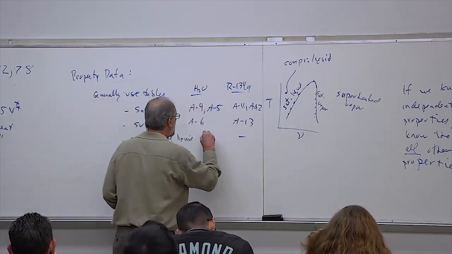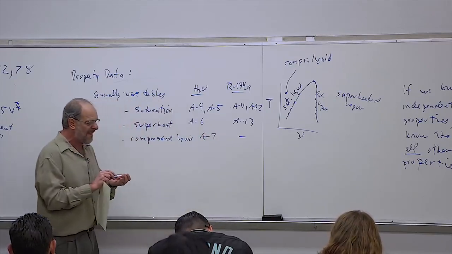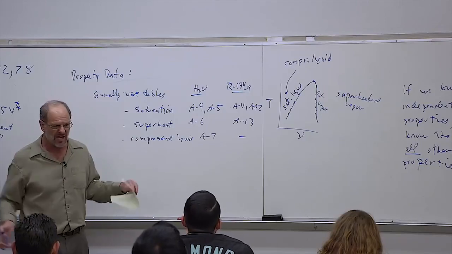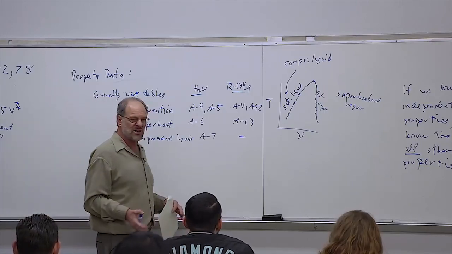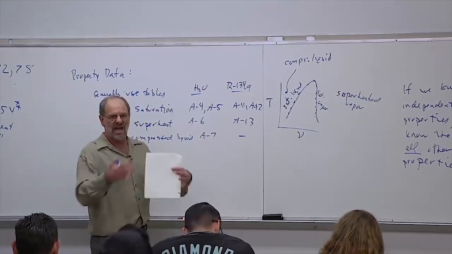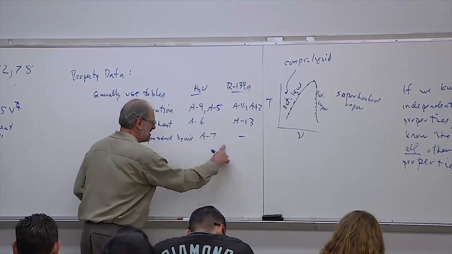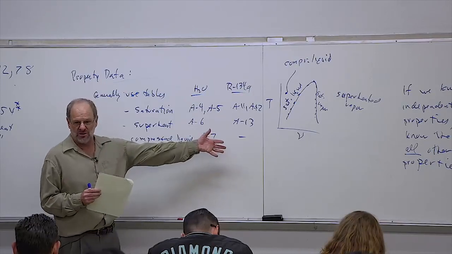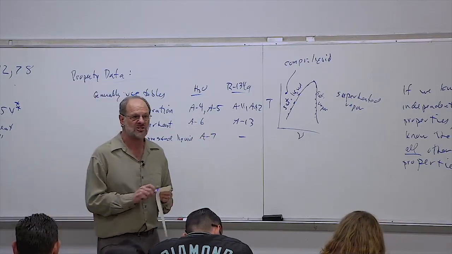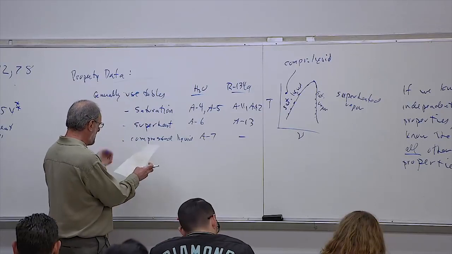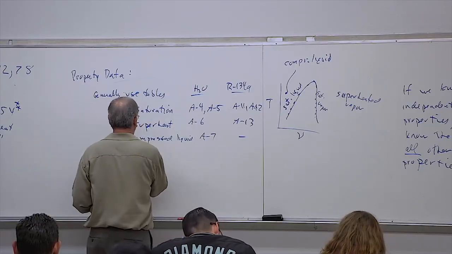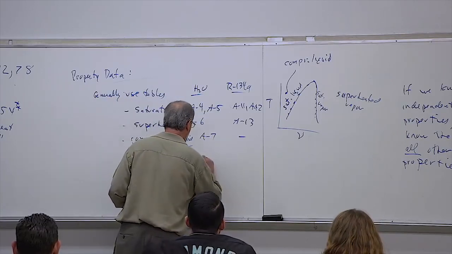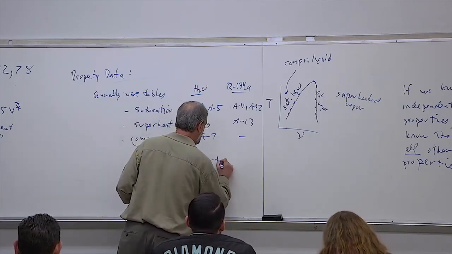And then for water, the data is in table A7, but the first entry, the lowest pressure in that table, is something like 50 times atmospheric pressure, which is a pressure so high that you're never even going to have a real problem that operates in the range of the data on table A7. So personally, I don't know why the author bothered to put in table A7, because it's pretty much useless to us. But nonetheless, that's okay, because if we have a compressed liquid, and this only applies to a compressed liquid, we can actually make an approximation.